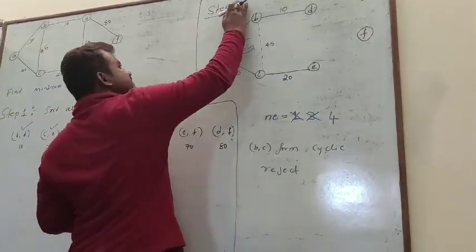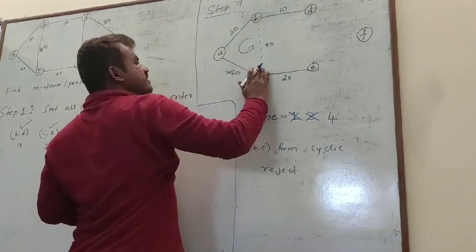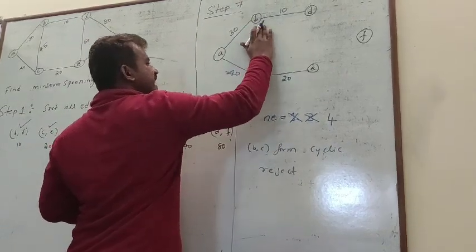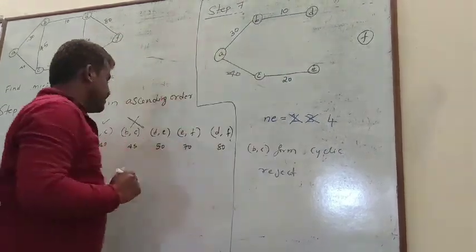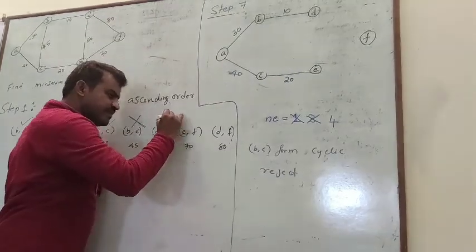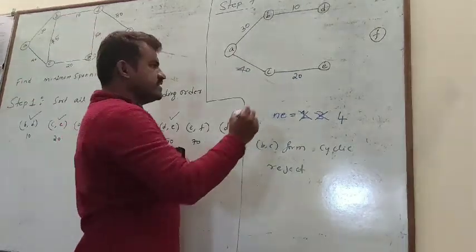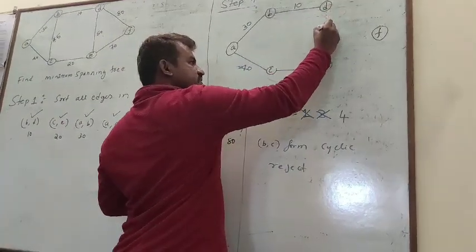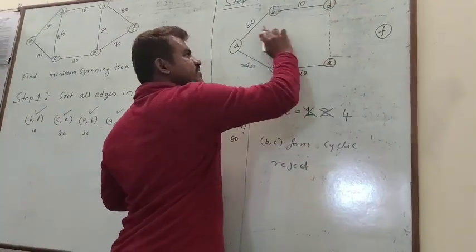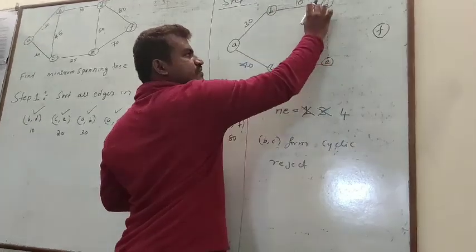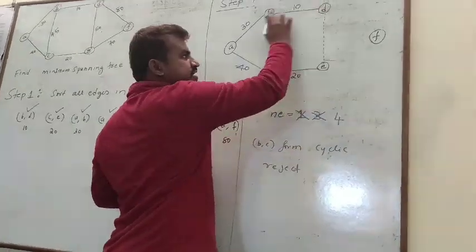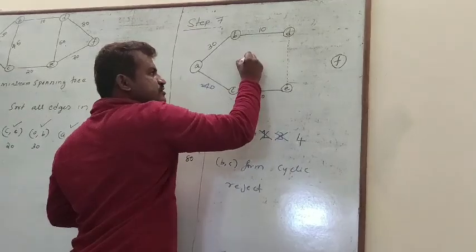Okay. In step 7, you don't need to show that rejected edge. Then you have to pick the next best minimum edge, D to E. If you connect D to E, what will happen? That also becomes a closed loop. Then it becomes cyclic. This also forms